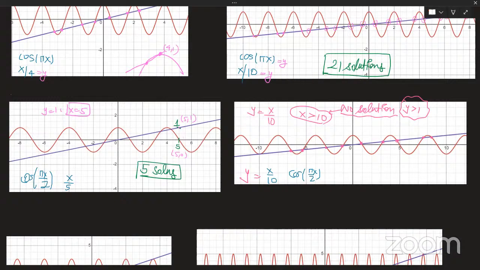Total solutions, how many? 11. 1, 2, 3, 4, 5, 6, 7, 8, 9, 11. Yes, correct. 11. Absolutely correct. There will be two solutions to the left, right? At near here, at x is equal to minus 10, right? Because see, both of these are, है ना, just like,